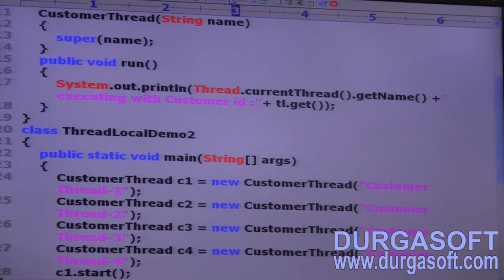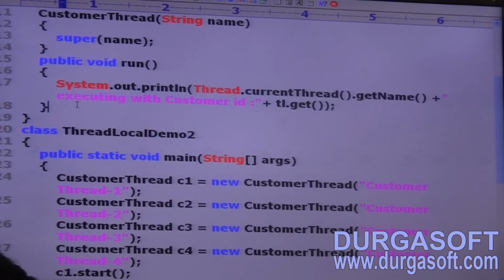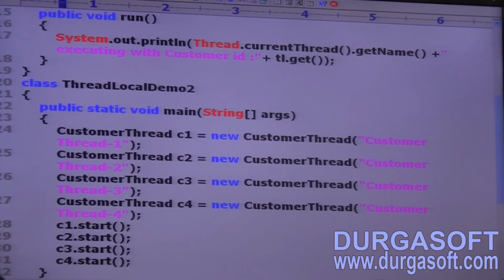Customer thread of string name, super of name, public void run method like this. Customer thread C1 is equal to new customer thread, with the name I kept, customer thread 1.